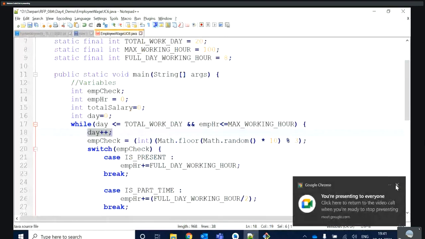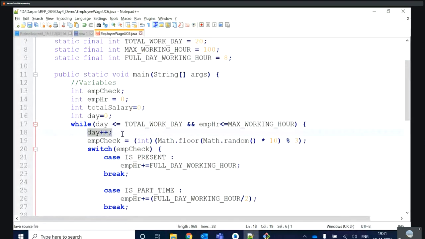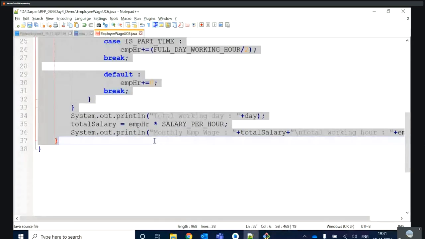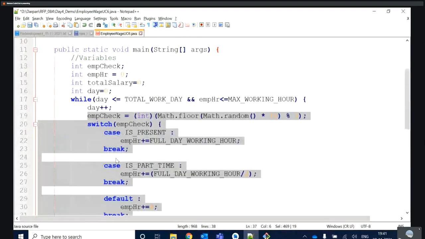So start your day from zero. And before starting your execution, we are starting day one. Let's say my check-in time is 9:30. At 9:30 my day one will start. So I'm writing here to increment my day now. So day one will be there, and for day one I am doing this execution. This whole execution is for day one. Then day two will come, day 20 will come.